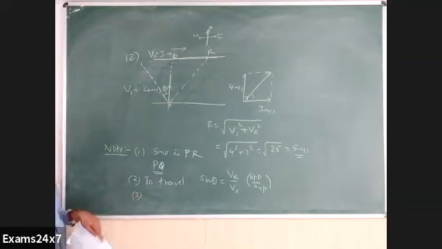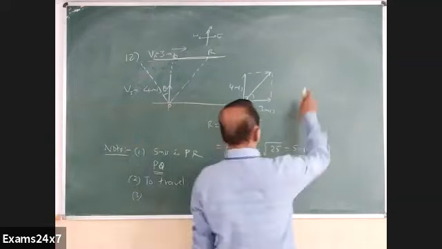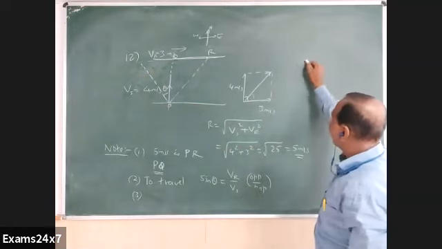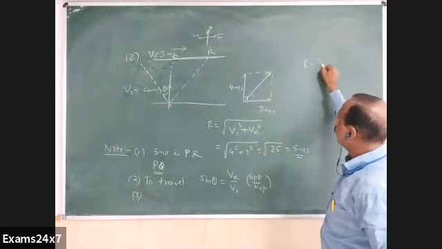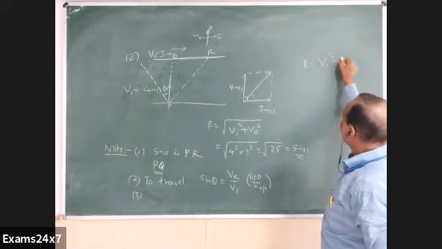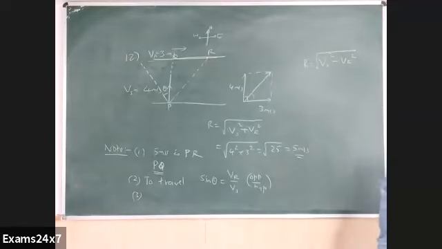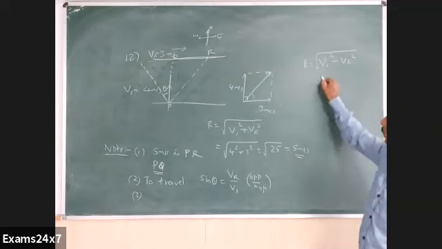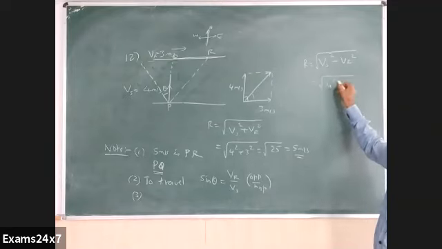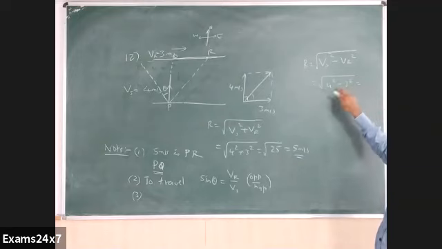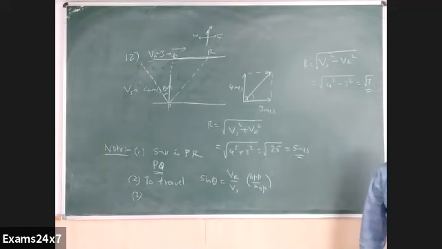So connected with the same point number 3, you write one more line. The resultant velocity along the shortest path, I'll call it R, is equal to the root of Vs square minus Vr square, because it is along the hypotenuse square minus opposite side square. What is that in this particular case? 4 square minus 3 square, that is 16 minus 9, root of 7, 2 point something we will get as the resultant velocity.